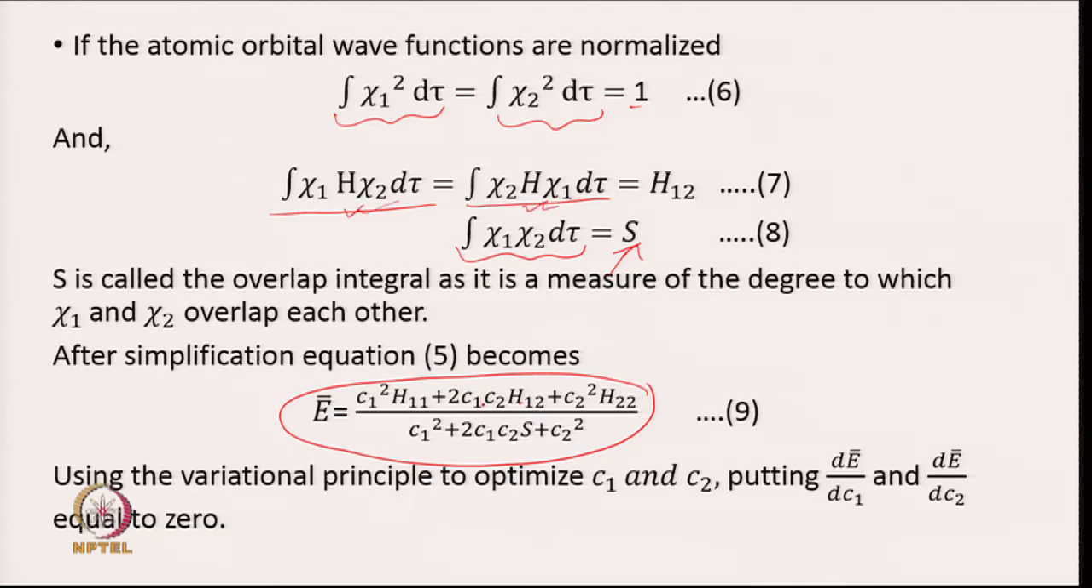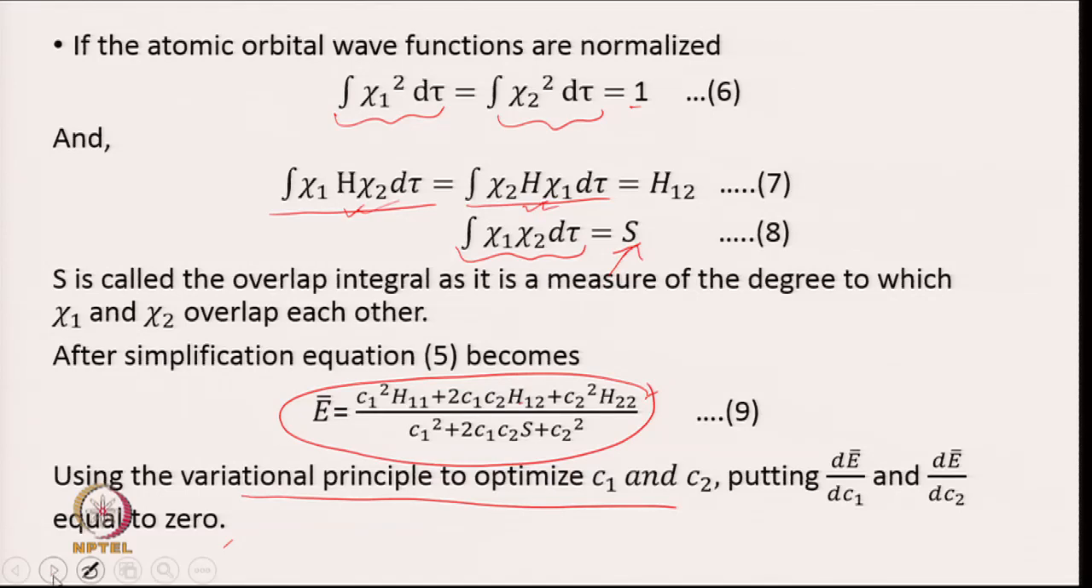So, there will be twice of C1 C2 H12 and then C2 squared H22, divided by C1 squared plus 2 C1 C2 S plus C2 squared. Now, we can use the variation principle to optimize C1 and C2 by putting dE by dC1 and dE by dC2 equal to 0. That is what we did when we were discussing the 2 electron